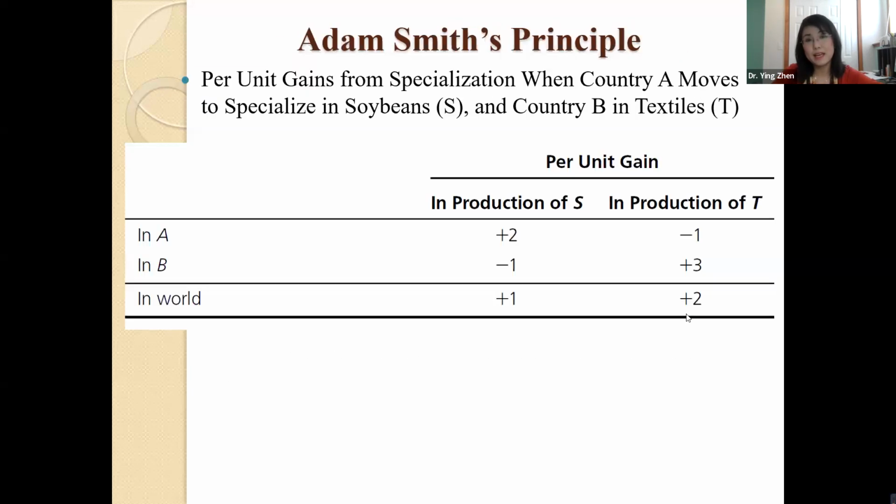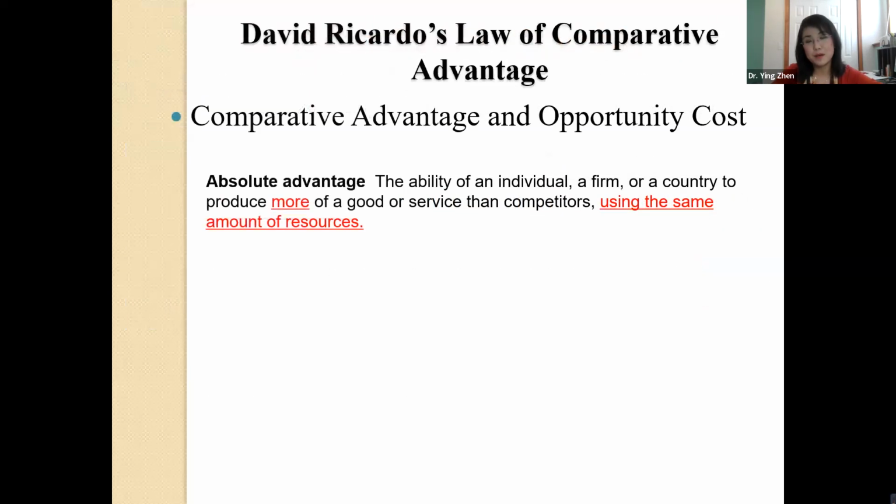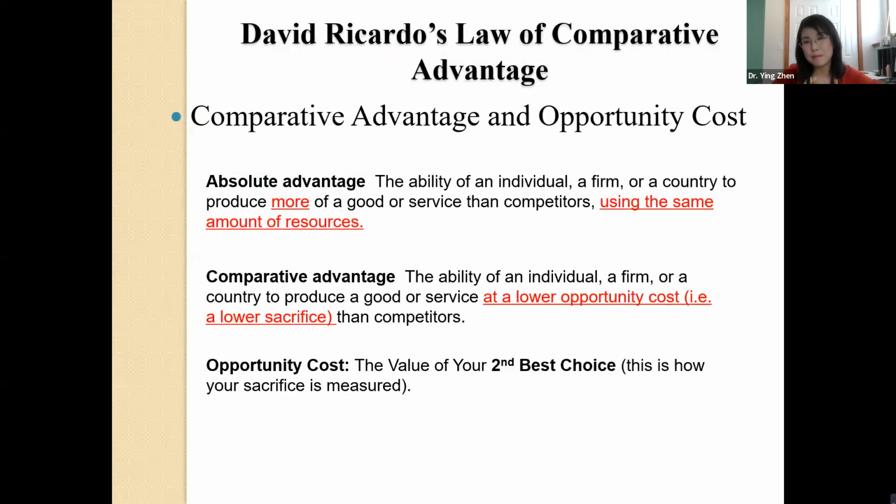Yeah, so it's a win-win game. Output will increase. Students could easily understand this, and then we are pretty much ready for introducing comparative